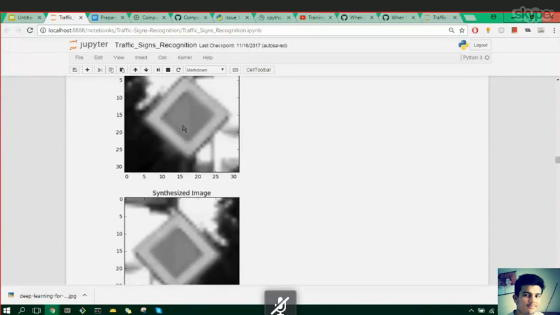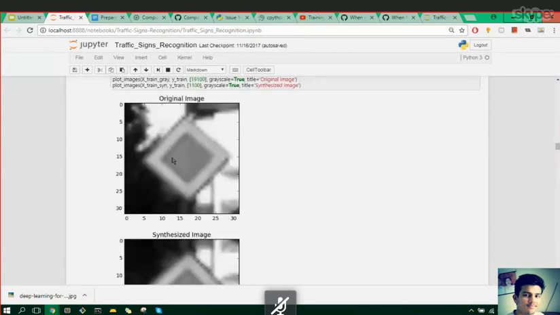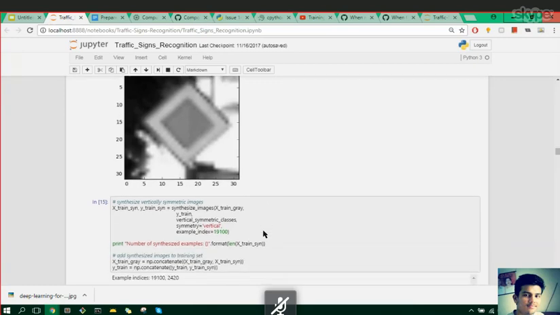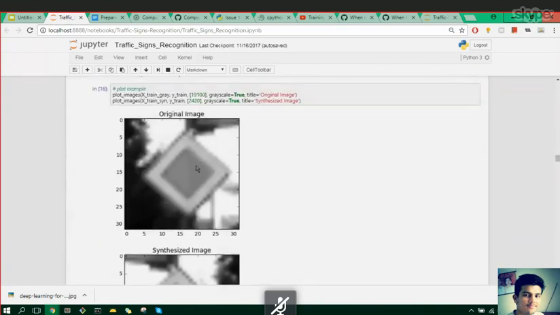Now with one image, you can see 1, 2, and here also 2, 3, 4. With one original image, how many synthesized images did we create? Just 1, 2, and 3. This is also a synthesized image, right? So you can create a lot like that. Not only this, there are